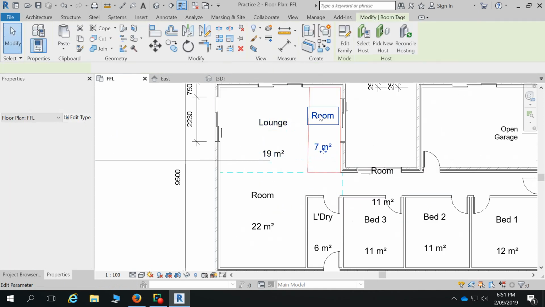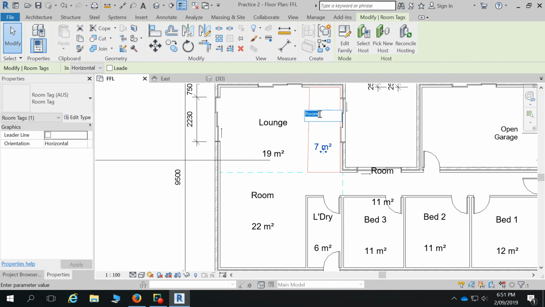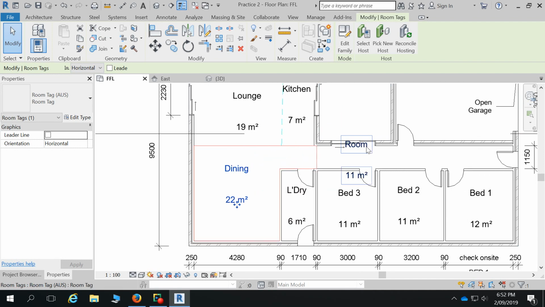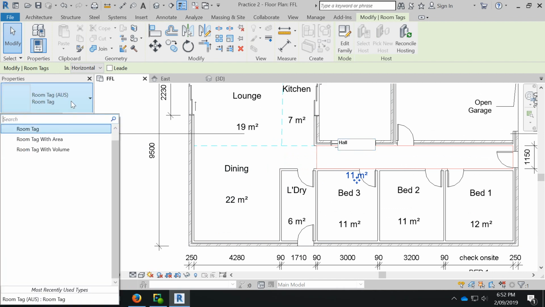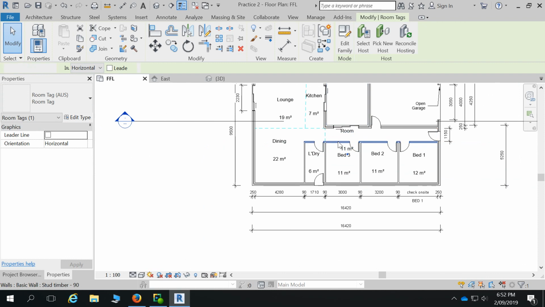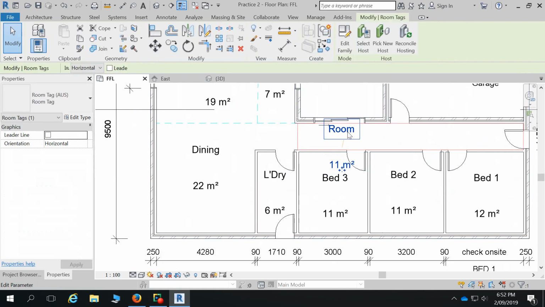So then I could say, I know the proportions aren't right for this one, but if we wanted to make that a couple of different names, and this one we'll call hall. And this one here now that's going to be hall,